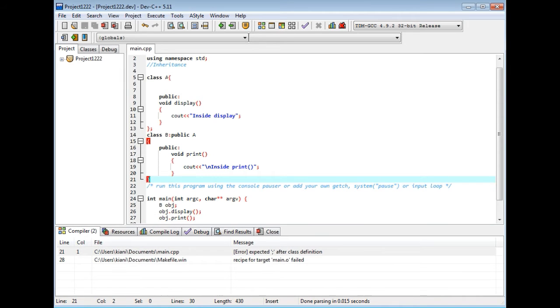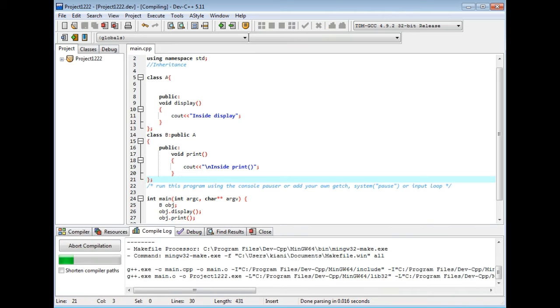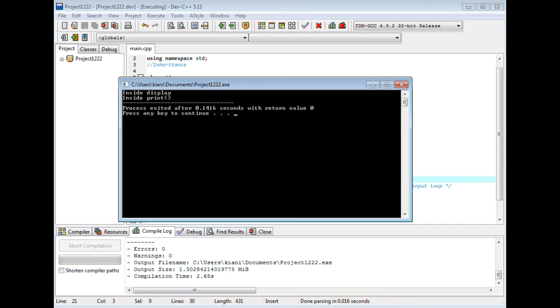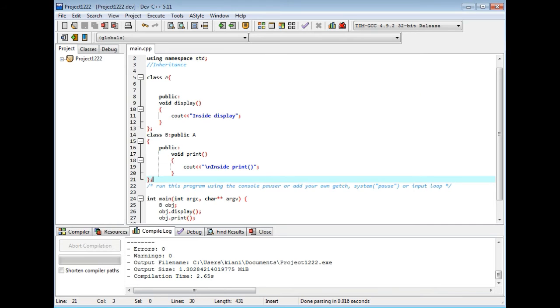Okay, there is a problem. This is semicolon. Class ends with the semicolon. So you see, inside display and inside print function. This is the output.